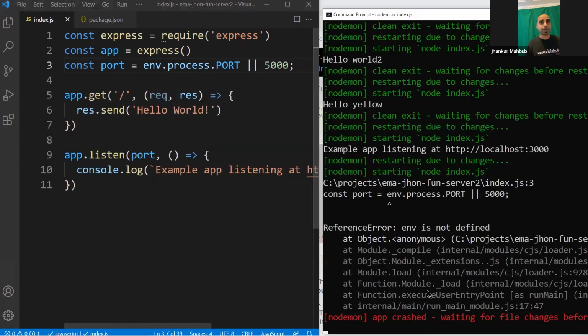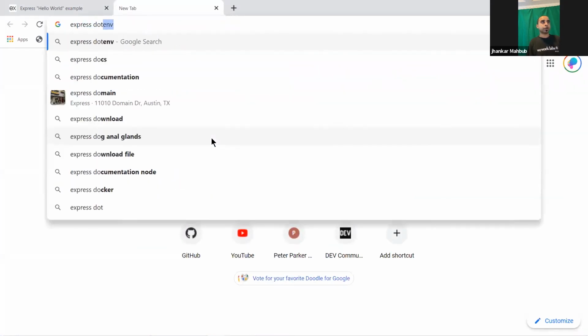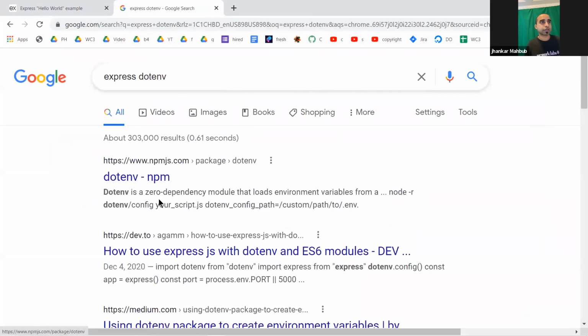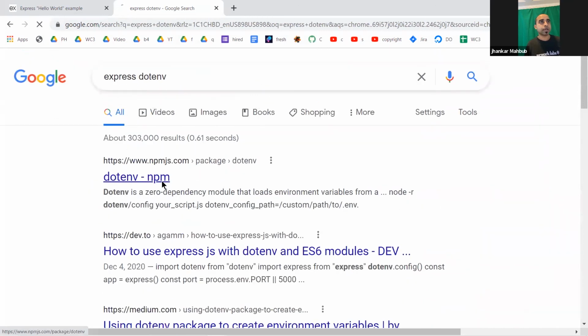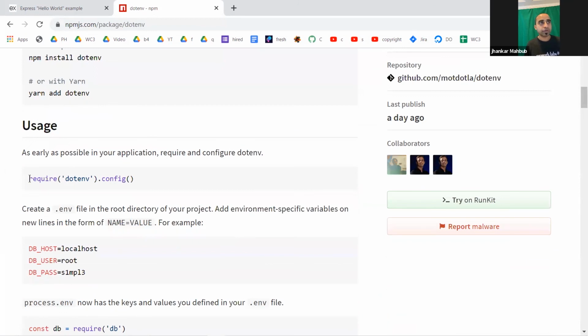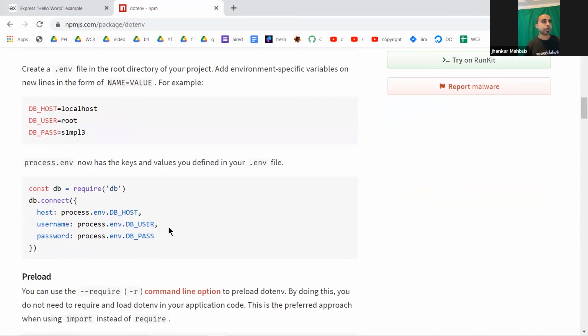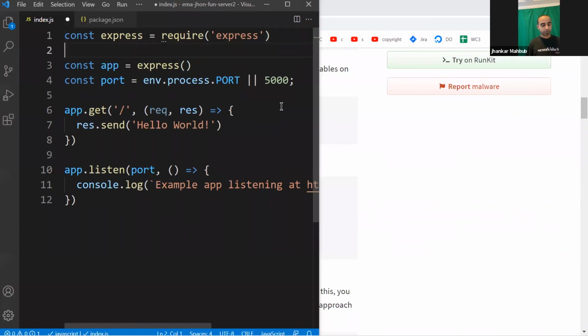So if your environment is not defined, we need to do a little bit of work over there, and you can Google it. Something like express.env. If you remember, we just installed these two. You can go to the Express documentation, or just go to their GitHub, and see how you would use the require environment config. So I need to require the environment, and if you save this,